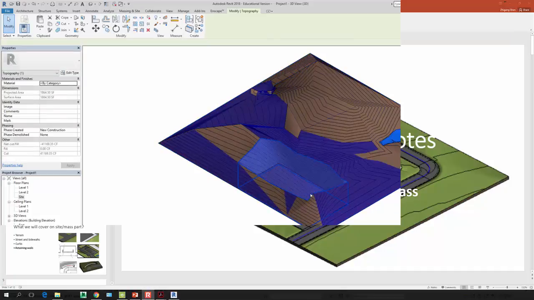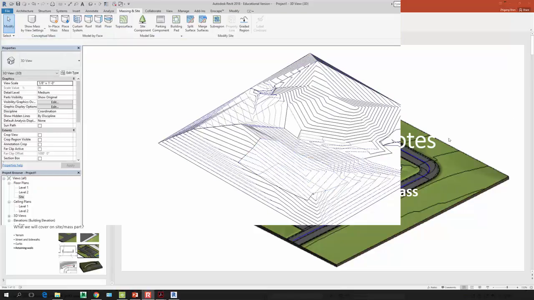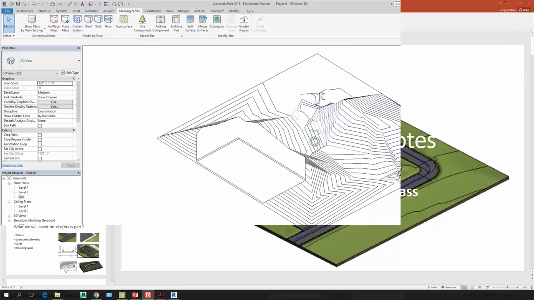If you click on that, you can see that's my building pad. See, it's a void, right? It's a void. If you want to see better, maybe I can unshade this one. And if you see from the bottom,